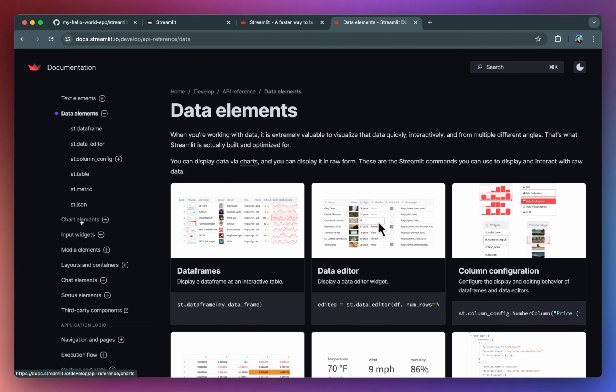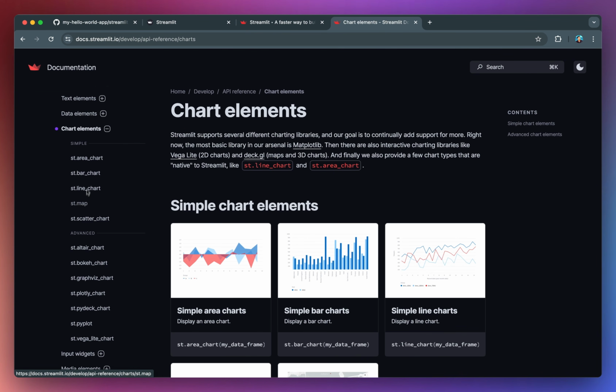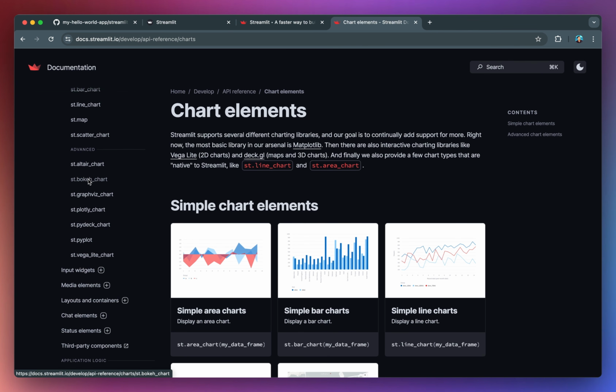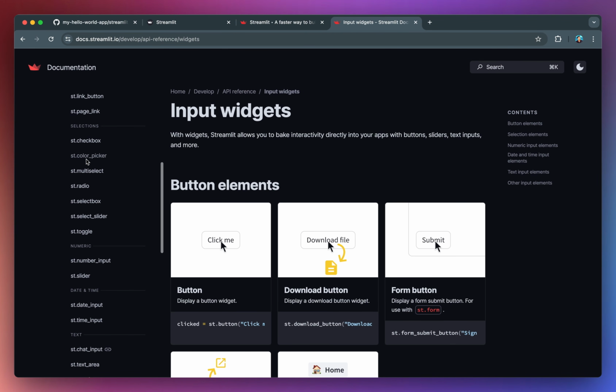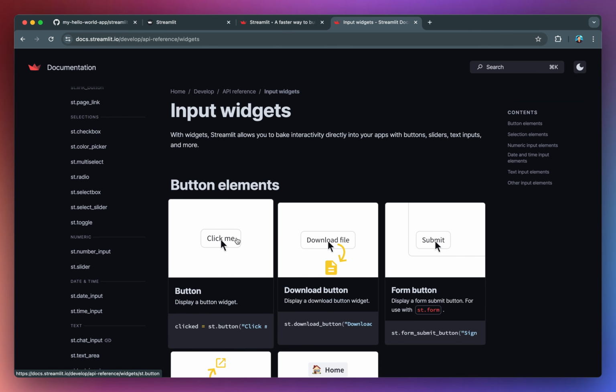If you want to display charts, it's in the chart elements. And it's supporting all of the major data visualization libraries like Altair, Bokeh, GraphViz, Plotly, PyDeck, Matplotlib, Vega-Lite. There's also a wide selection of input widgets for you to use to add interactivity to your apps. And let's have a look at some of them.